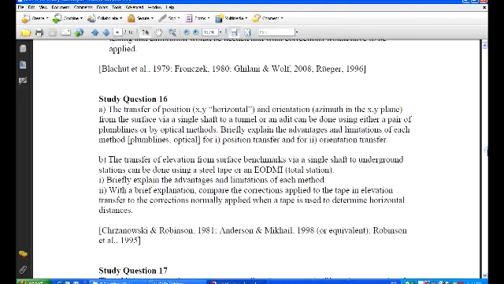So I think that pretty well covers the A part of study question 16. The B part of the question deals with the transfer of elevation, and if you again go back to this mining surveying chapter, it talks about using a steel tape. Basically, you treat the steel tape much the same as a leveling staff, only it's very long, and you take